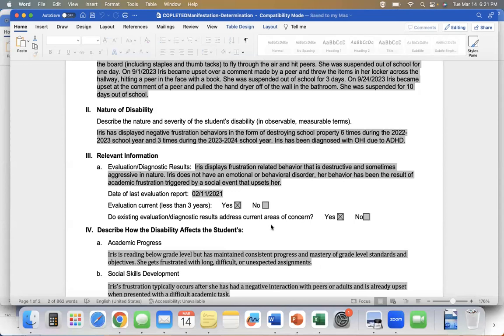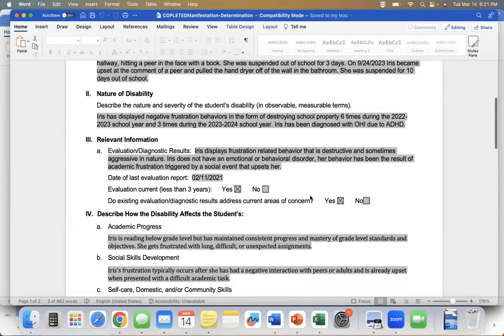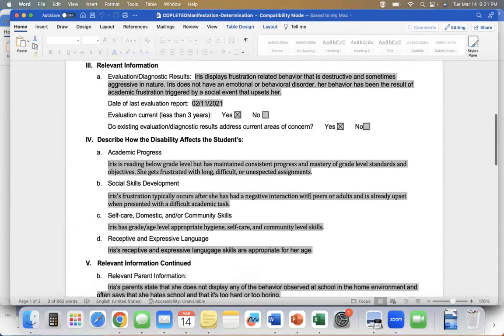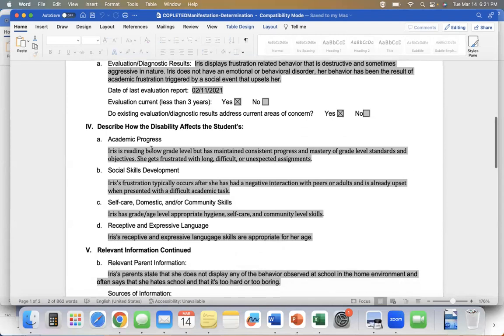And do those diagnostic results address the current areas of concern? Yes, behavior has been an ongoing thing. This is something that's happened consistently with her. And now we're looking at how the disability that she has impacts progress. So her specific learning disability, or her OHI ADHD, excuse me,